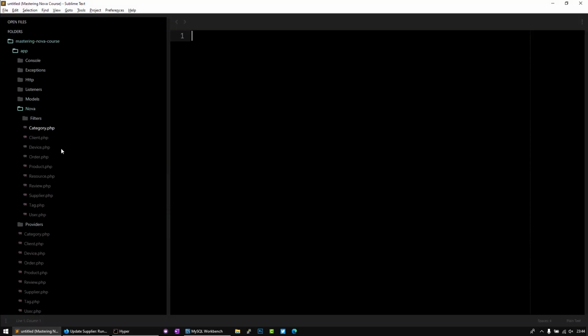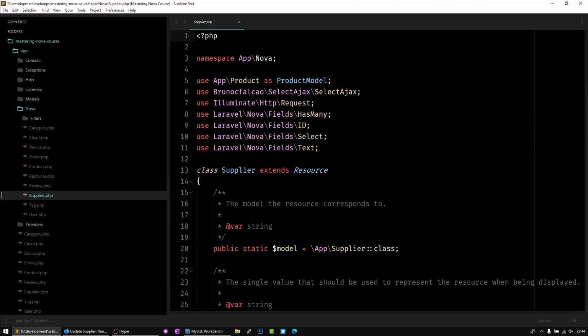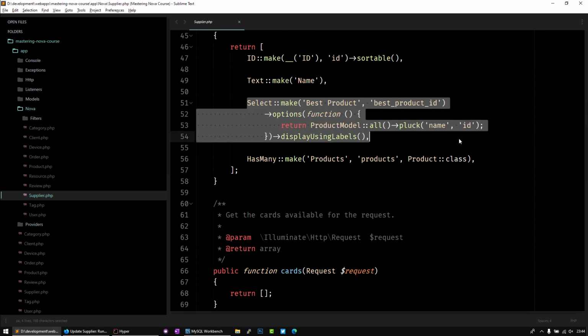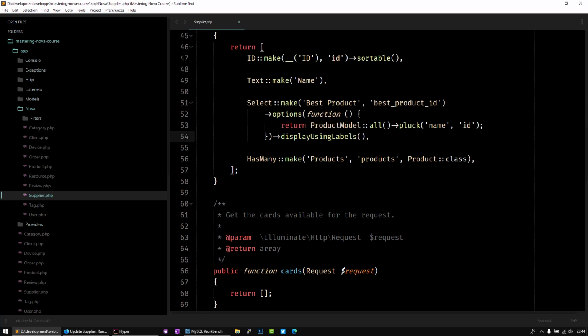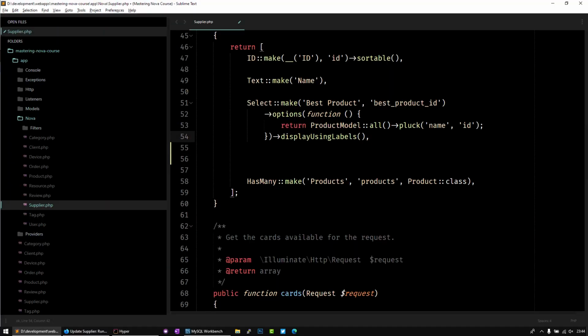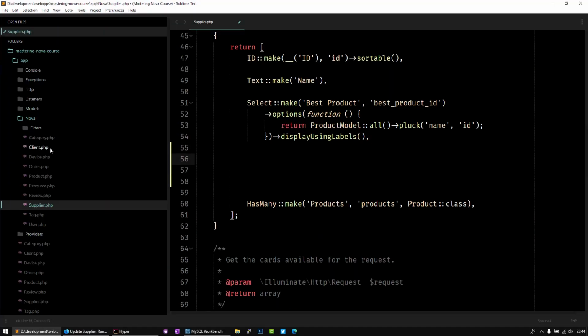Now we have the Nova here with the supplier resource that we want to affect. I already placed here a select returning just the product in the simple way, just the name and the ID. So now what I want to do here in this case is to add that AjaxSelect,